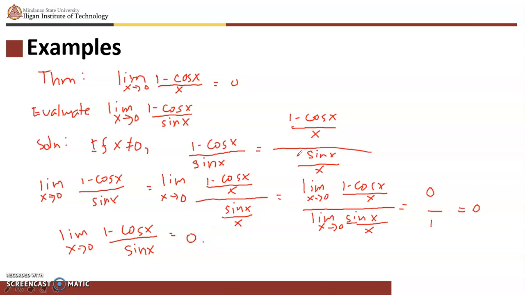Okay, so let me just write down again the theorem which we discussed earlier prior to this example, that is the limit of sine x all over x as x approaches 0 is equal to. So from there, from these two theorems above, we have to follow